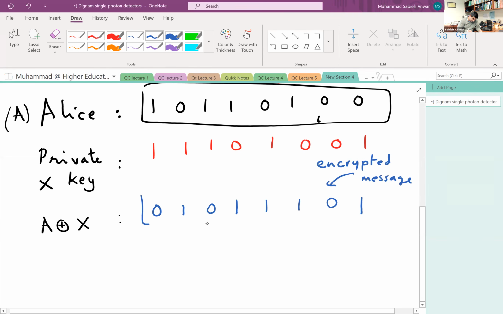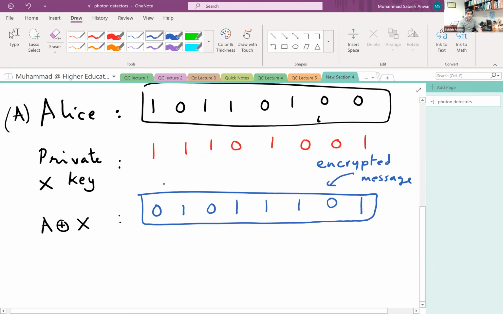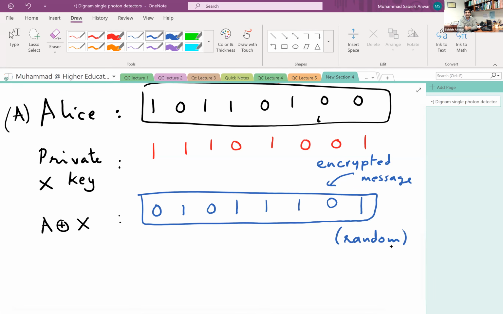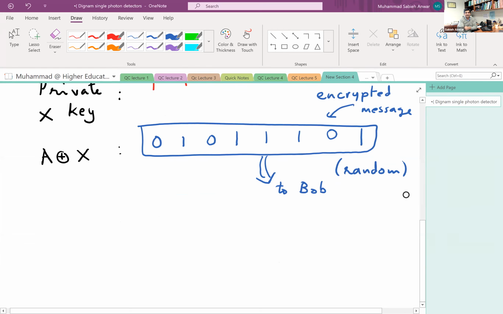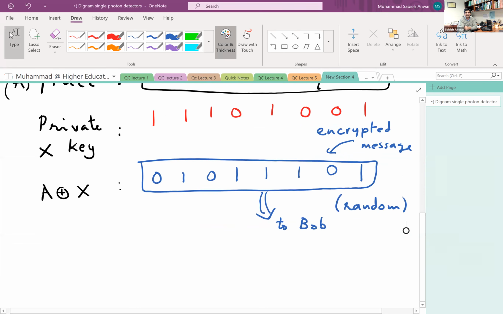And of course, it's different from the original message that was intended to be sent. And this encrypted message, by the way, is totally random because the key is random. Since the key is random, the encrypted message is random. Now, this message is sent to Bob. What Bob does is he takes the encrypted message, the apparently random message,